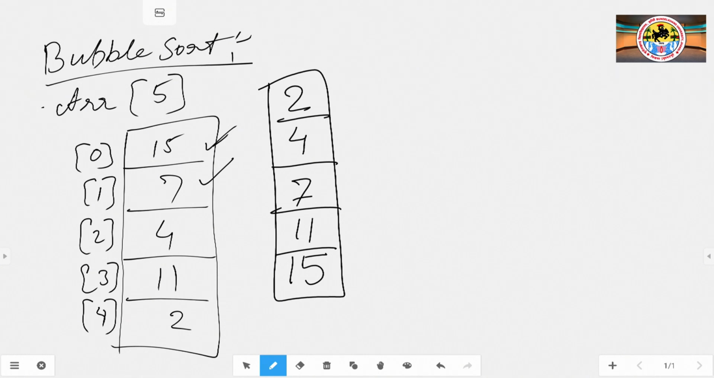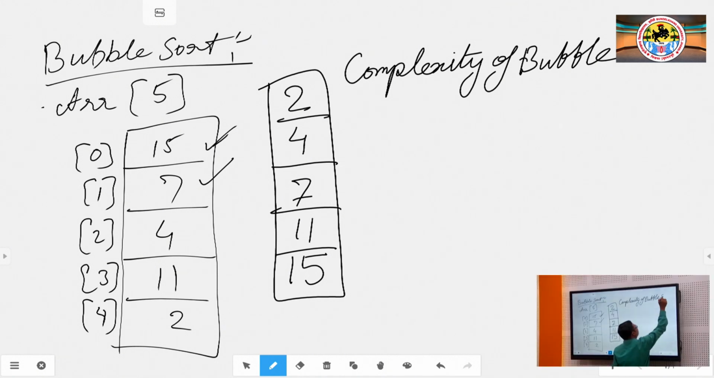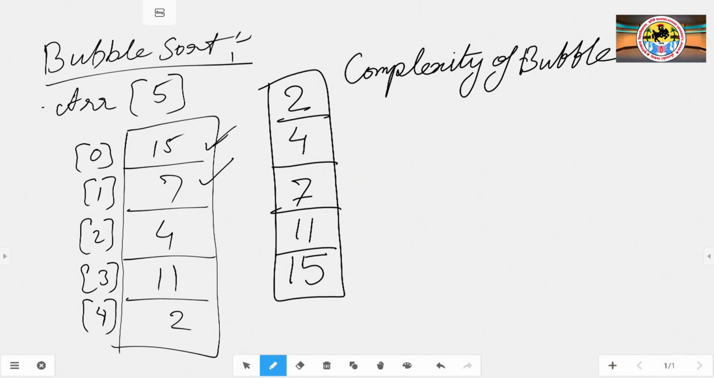Now, as we have discussed, at least one element required pass 1 to move it to its proper position. So, when we talk about the complexity of bubble sort, we can calculate it by using the number of comparisons. So, in pass 1 we had n minus 1 comparisons if the size of my array is n. In pass 2 we had n minus 2 comparisons, in pass 3 we had n minus 3 comparisons, and so